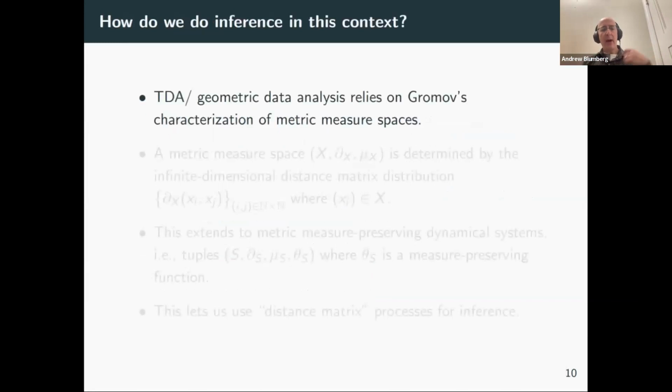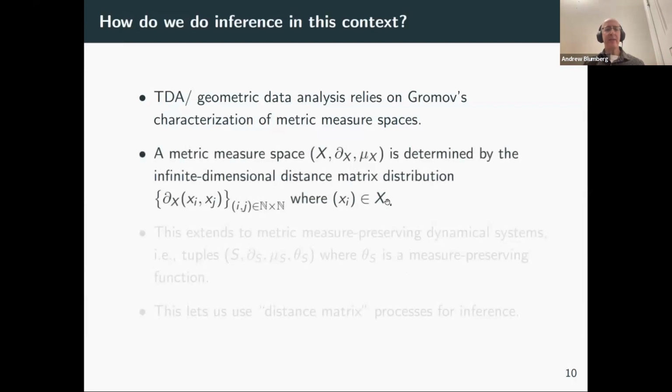Okay, so how are we actually going to get test statistics out of this, and what are we going to do? The thing to observe is that TDA and geometric data analysis implicitly relies on Gromov's characterization of metric measure spaces, right? And this idea has come up. I think there's discussion of things like curvature sets, and this idea, if you think about it, pervades lots of the subject. And the point is just that, what Gromov proves, in his famous chapter 3.5 of his Riemannian structures volume,